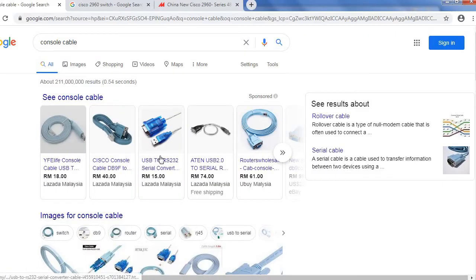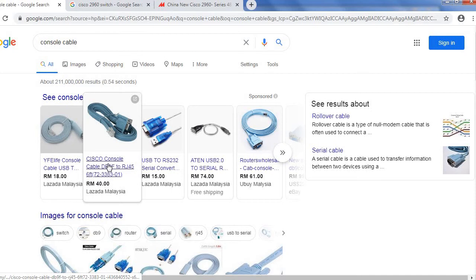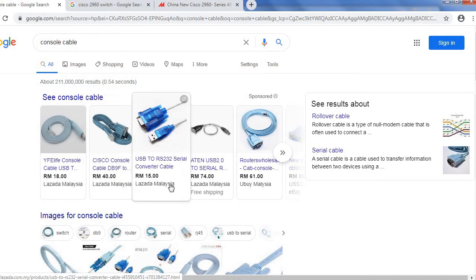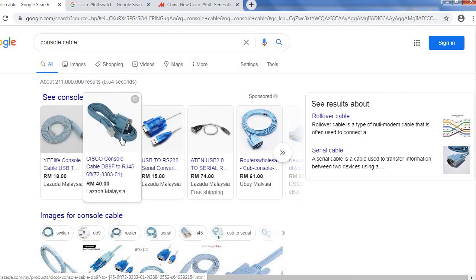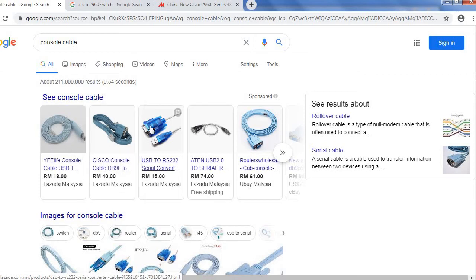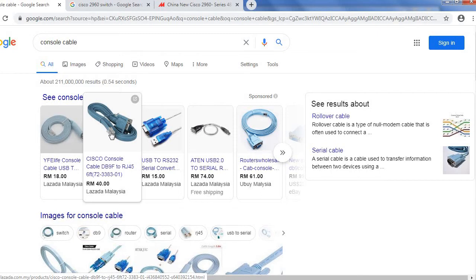First, you need to buy this Cisco console cable. Then you need to buy also this USB to RS232 serial cable. This USB you're going to connect to your PC, and then this 9-pin RS232 you're going to connect to the Cisco console cable that you bought. This is a female, this is male. Then you will connect these together, and this cable you will connect to the console port at the